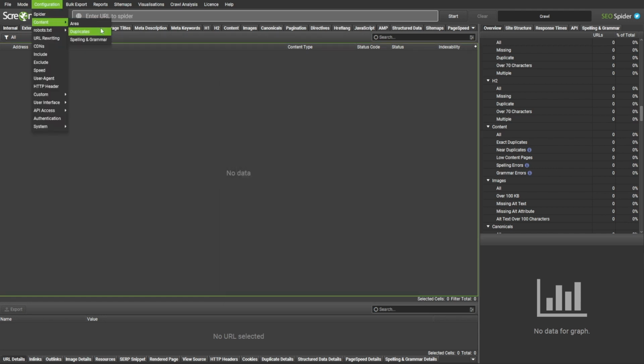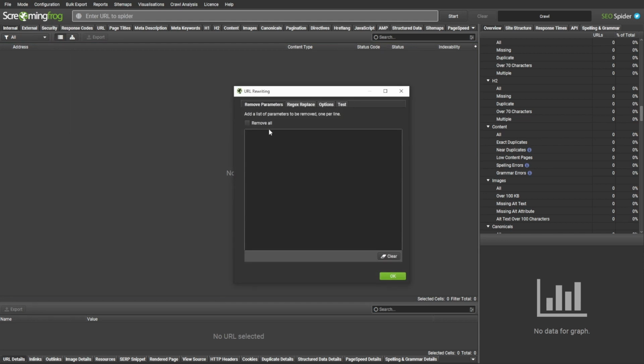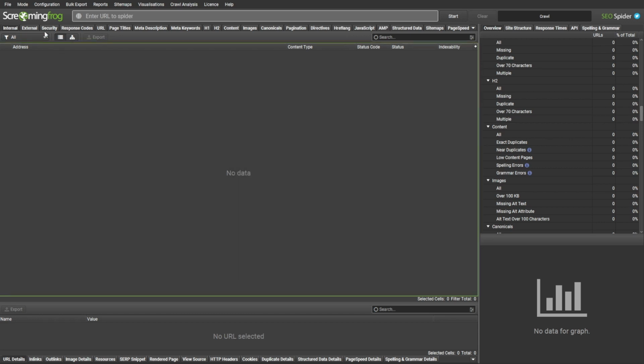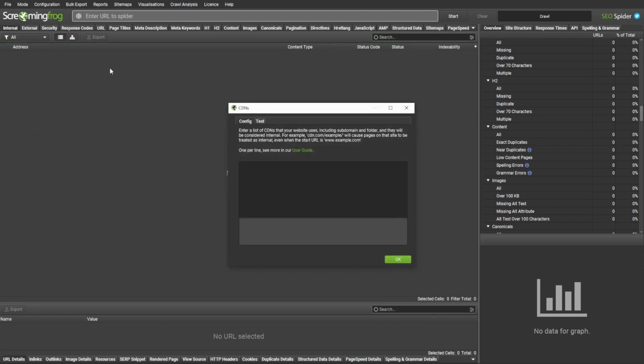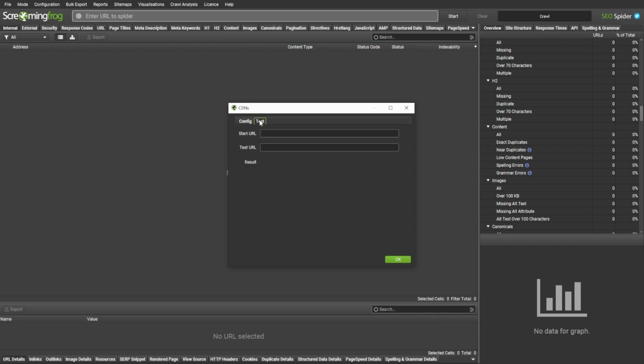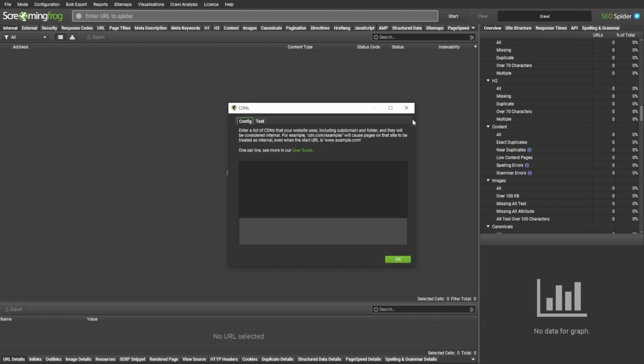The URL rewriting feature is used to remove Google Analytics trackers and other analysis elements from crawling, while other parameters let you rewrite website domains. The CDNs configuration is commonly used to make certain elements of a website count as internal. For example, your site might have multiple subdomains, which, for the sake of convenience, should be considered a regular section